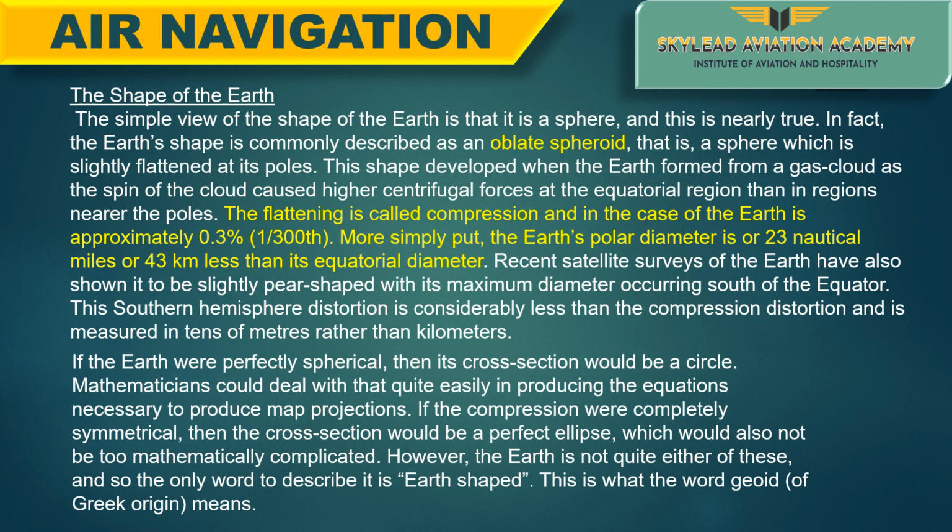And guys, we all know the shape of the earth is a sphere, and this is nearly true. But in fact, the earth's shape is commonly described as an oblate spheroid, that is a sphere which is slightly flattened at its poles, north pole and south pole. This shape developed when the earth formed from a gas cloud, as the spin of the cloud caused high centrifugal force